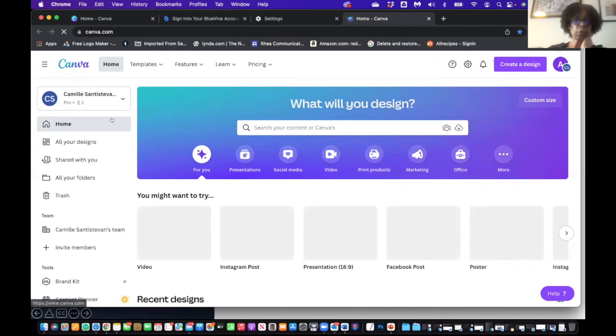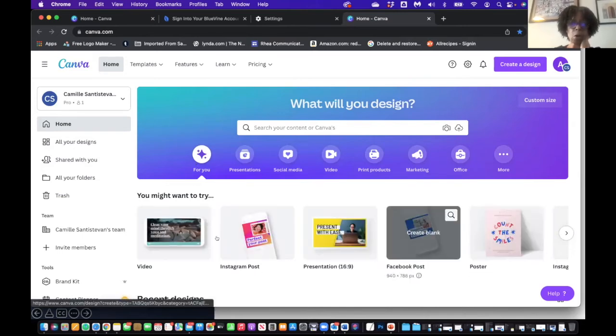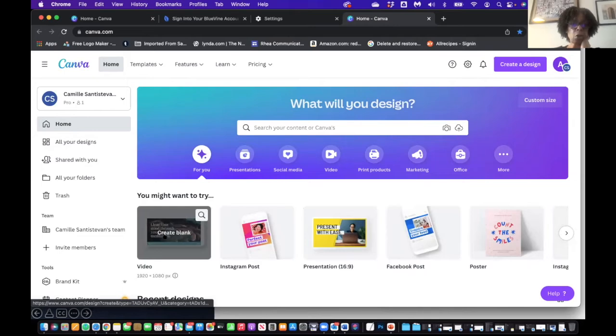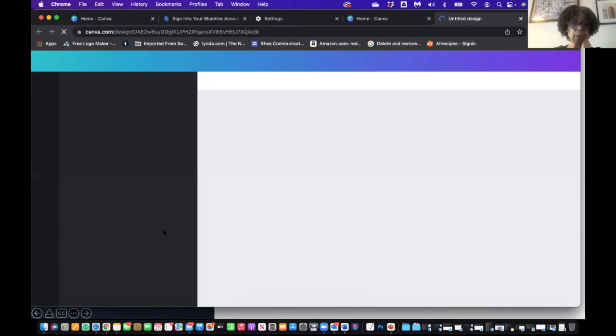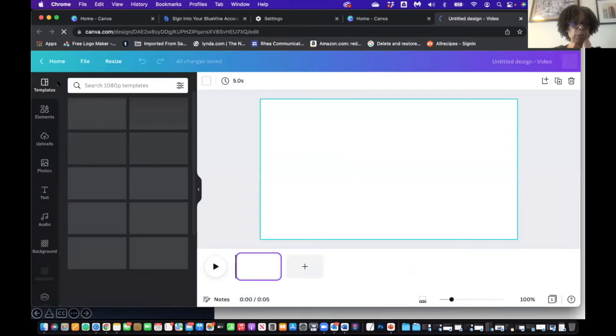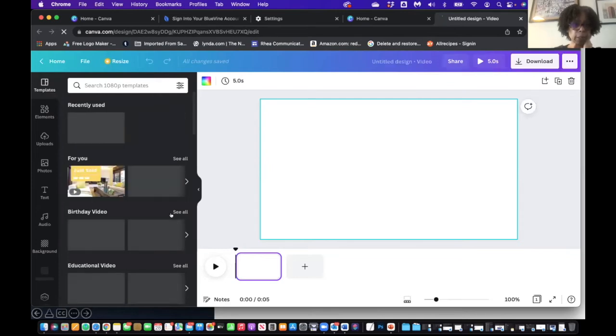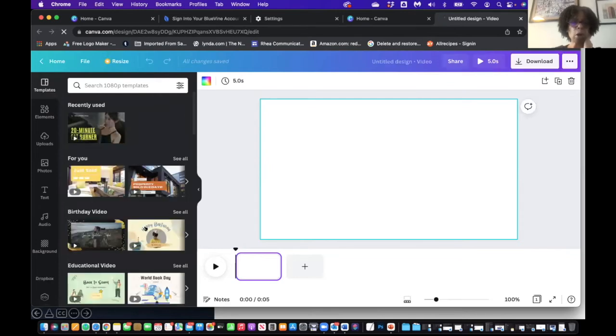Okay, great. So when you log into Canva, you'll see right here all the options for what kind of content you want to create. If you go into blank video, the first thing you could click on at the top are templates. There are a lot of templates already available in Canva, which will help suggest formatting for you. Or you can just start from a blank